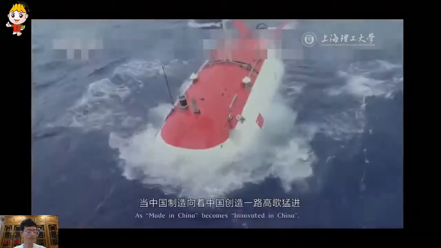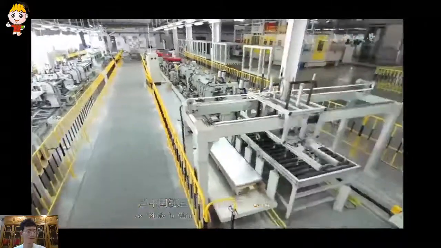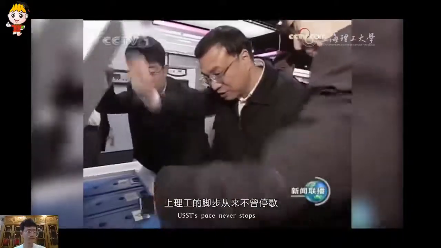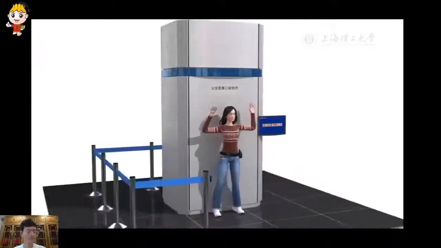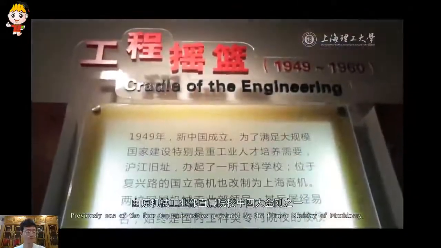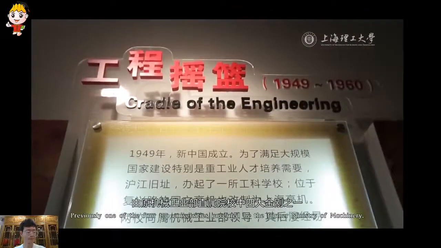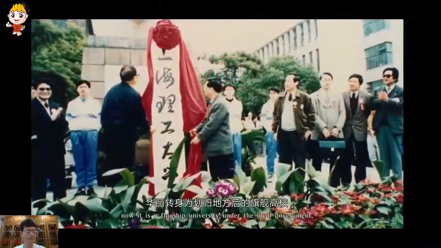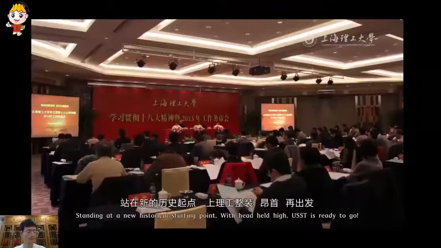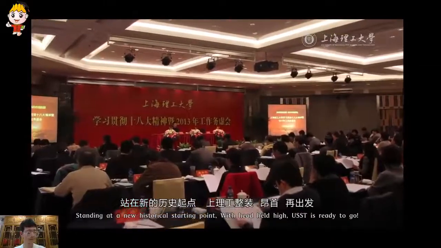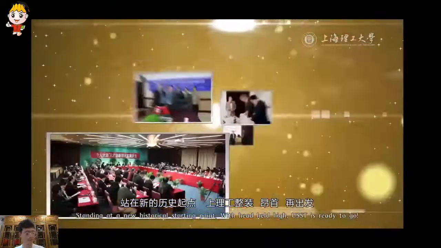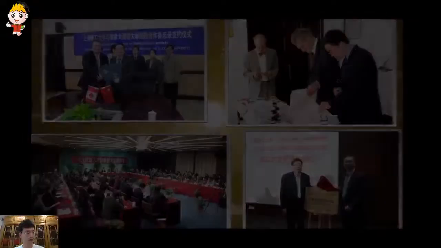As China becomes innovative, USST's pace never stops. Previously one of the four top universities governed by the former Ministry of Machinery, it is now a flagship university under the local government. Standing at a new historical starting point, with head held high, USST is ready to go.